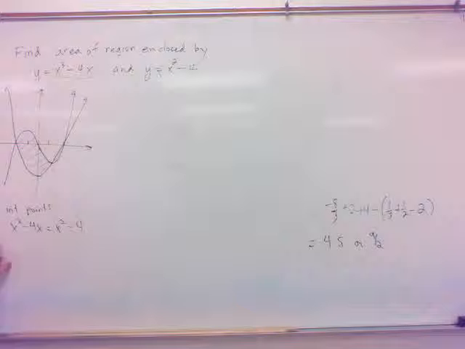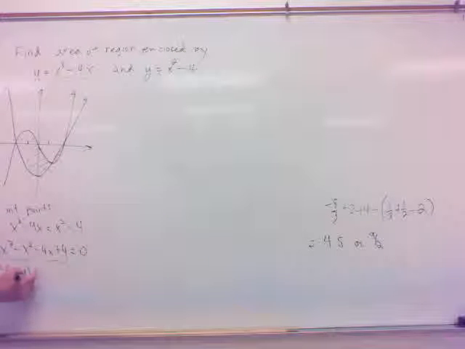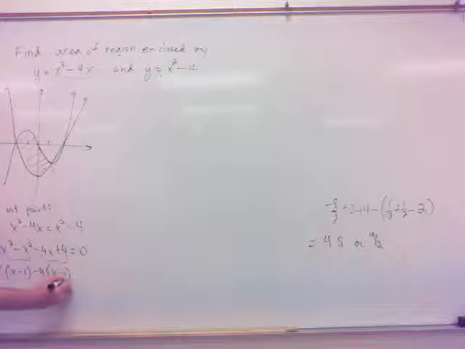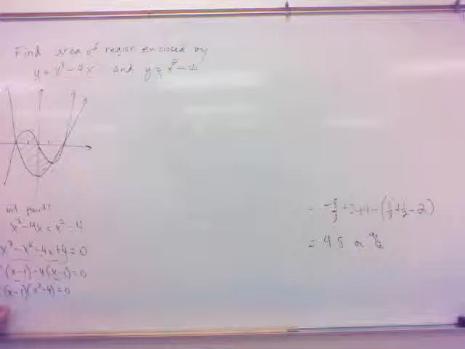Make one side 0. X cubed, subtract the x squared, and add the 4, and arrange them like this. A little bit of grouping. We haven't done that one. One way to do that one: factor an x squared off these first two. That gives us an x minus 1. Factor off minus 4 off the next two. That gives me an x minus 1. So we have a common factor of x minus 1. So I factor an x minus 1 off there. That leaves me x squared minus 4, which just so happens to factor as x minus 2, x plus 2,